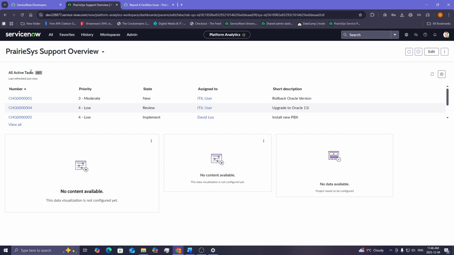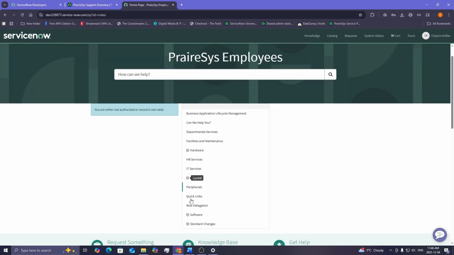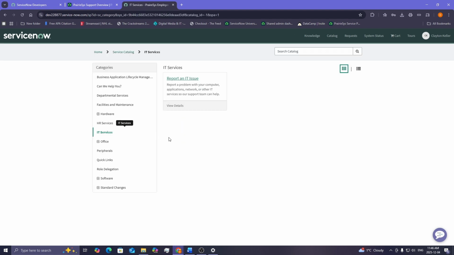To wrap up, in this Phase 2 implementation, I used ServiceNow developer instance to build a centralized service portal for PrairieSys manufacturing. Employees can now submit IT, HR, and facility requests from one place. These tickets get routed to the correct support groups, and agents can update the state of the tickets and resolve them in one place. There's a small knowledge base that I created that can answer some frequently asked questions and